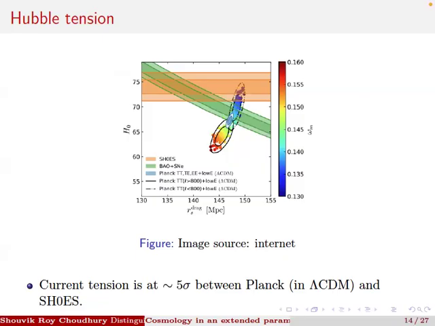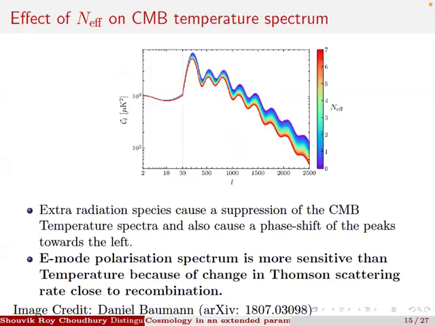So BAO is in agreement with both of them, but to solve the Hubble tension, you need to actually reduce this r_s drag or r_d by around 7%, because Planck prefers a value of 147, whereas the local measurement prefers a value of around 138. So how to solve that? We can use N_eff as a